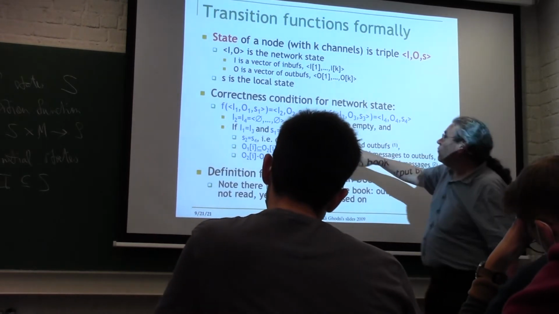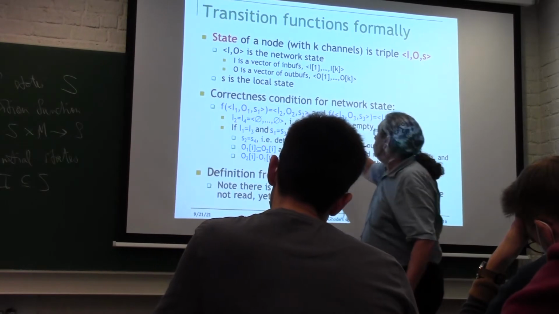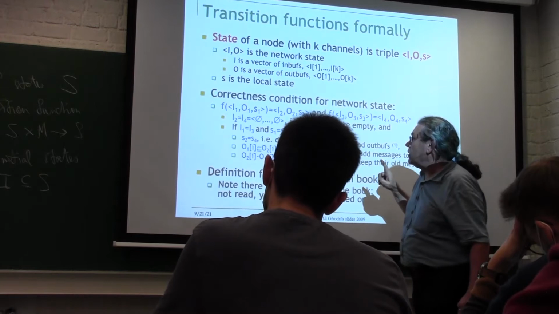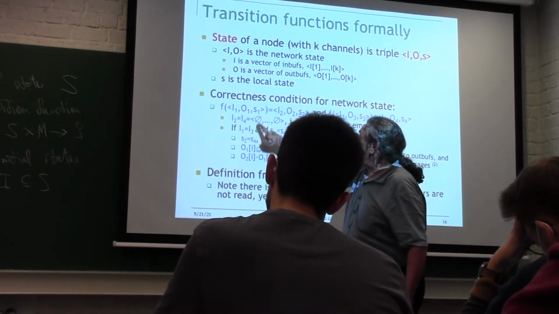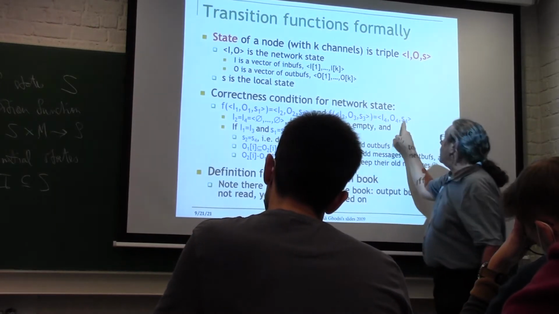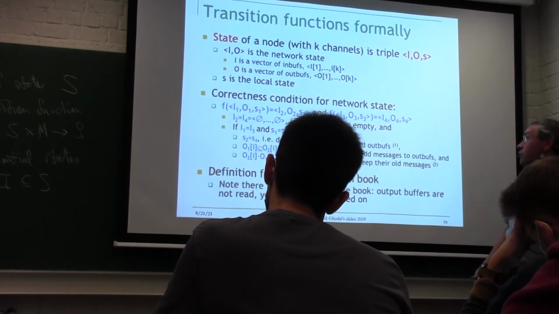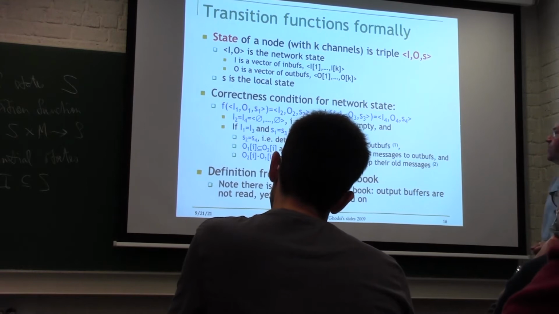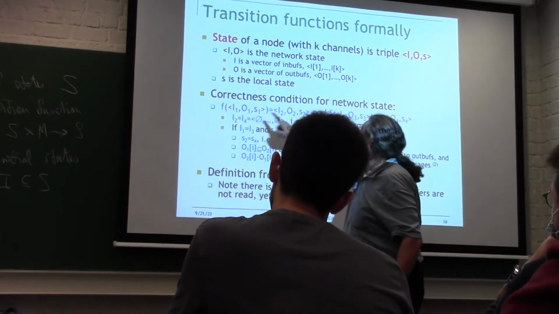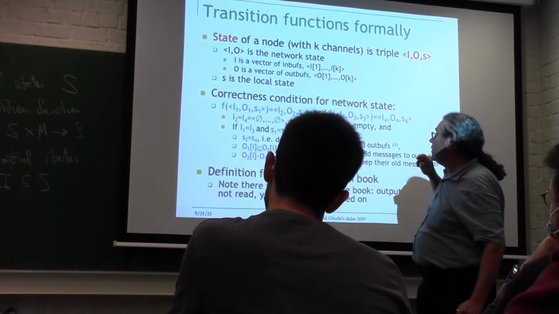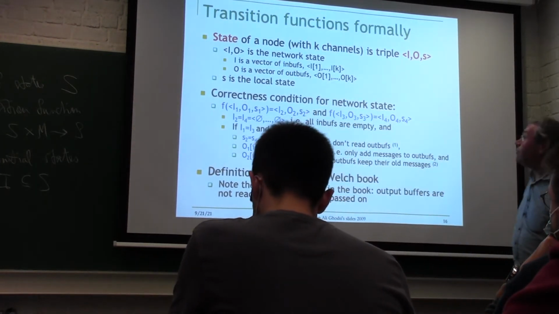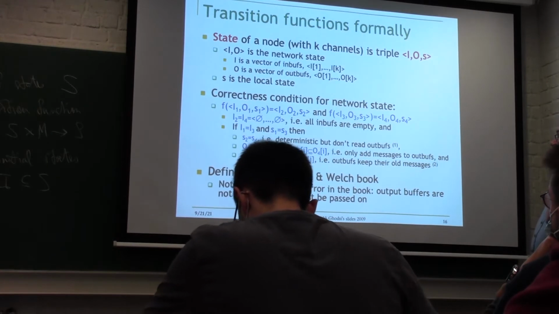Then there's the determinism rule. If I1 is equal to I3 and S1 is equal to S3, then S2 has to be equal to S4 because the transition function is deterministic, but only on the accessible state. Huh? Notice the O's don't make any difference here, okay? So S2 is equal to S4, that means it's a deterministic function on the accessible state.